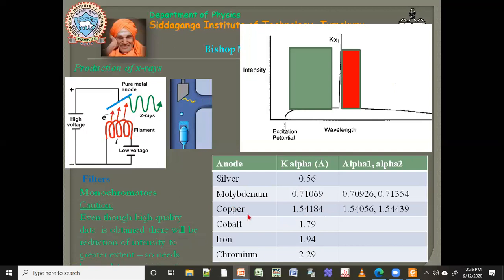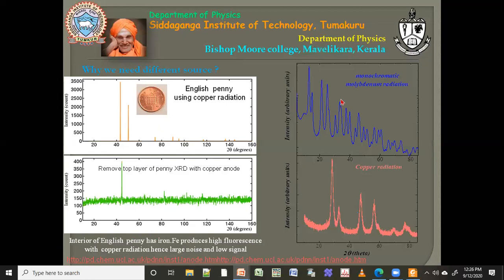For that, again, I will show here. If you look at just this peak, it is not just one peak; it is two peaks. But as this wavelength is very small, they are very close to each other. So instead of 0.74, if I use 2.2 or 2.3 lambda, then what happens? This has more width, which means I can see two clear peaks. So that is the reason you can go for higher wavelength. These are the things you normally have to know when you are working with different radiation, or different X-ray sources.